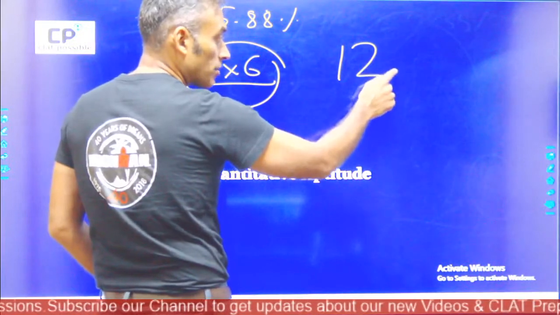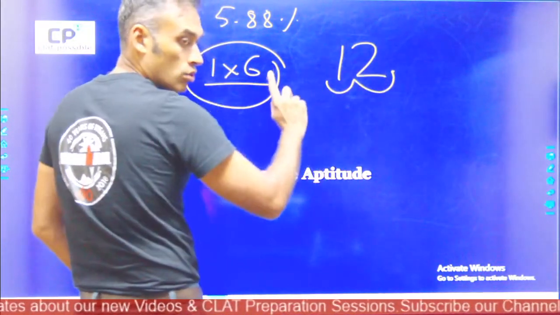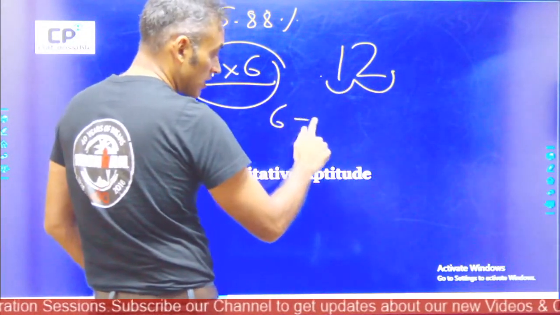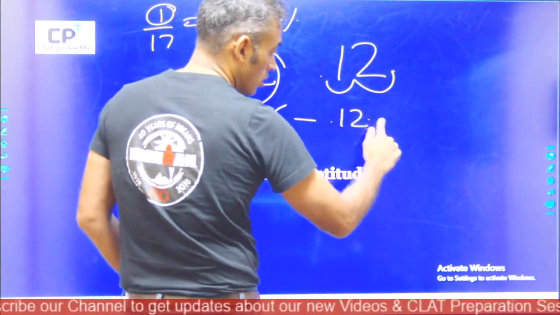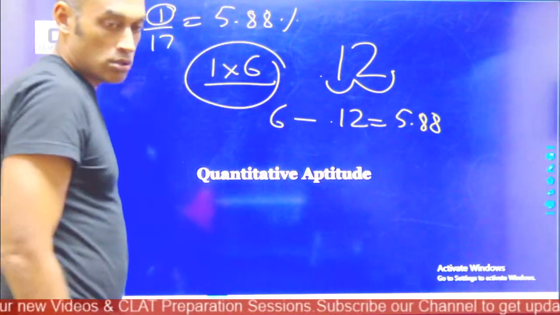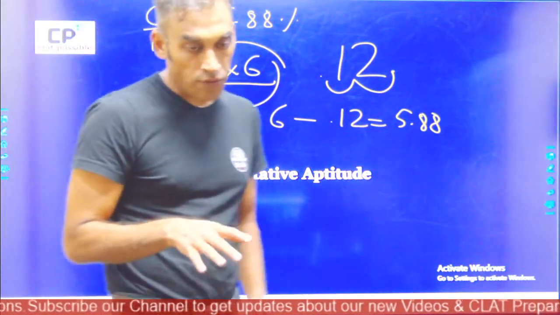Now do 2 decimal shift. My decimal is here. I'll do 2 decimal shift, 1 and 2. Okay? And get it here. So now I'll do 6 minus 0.12. That makes it 5.88. So this way I can calculate all the values of